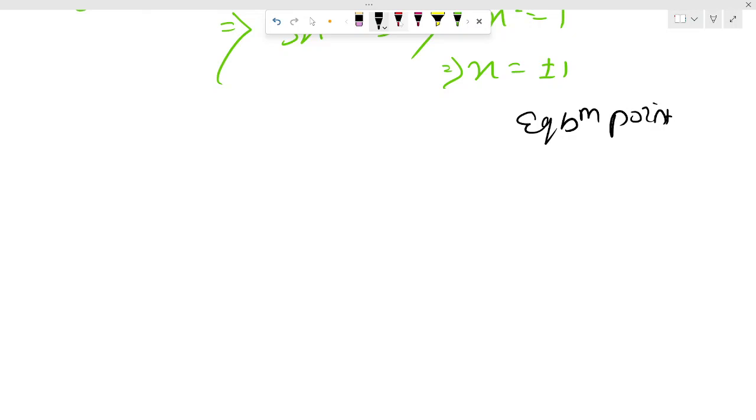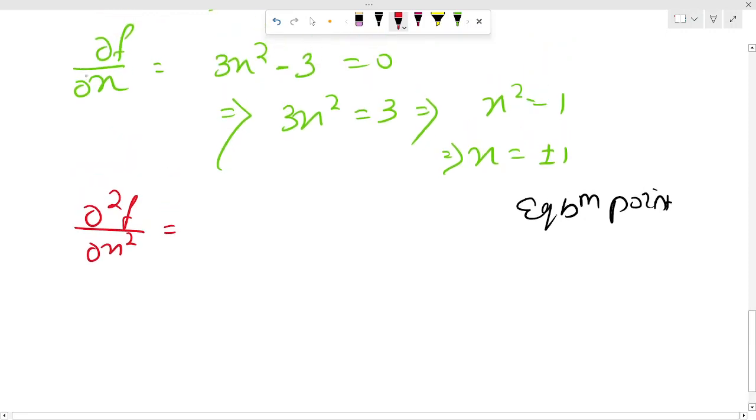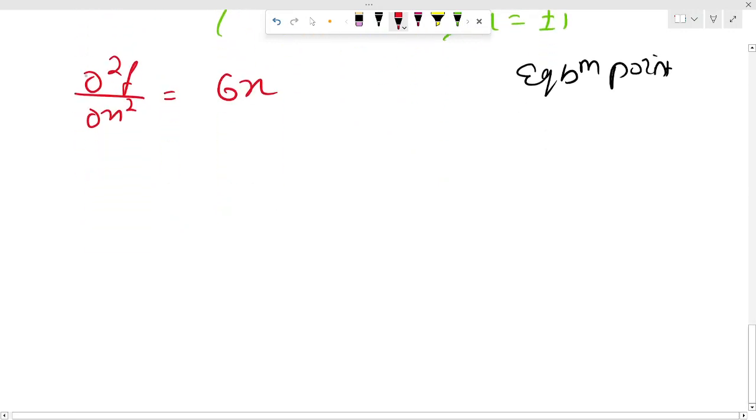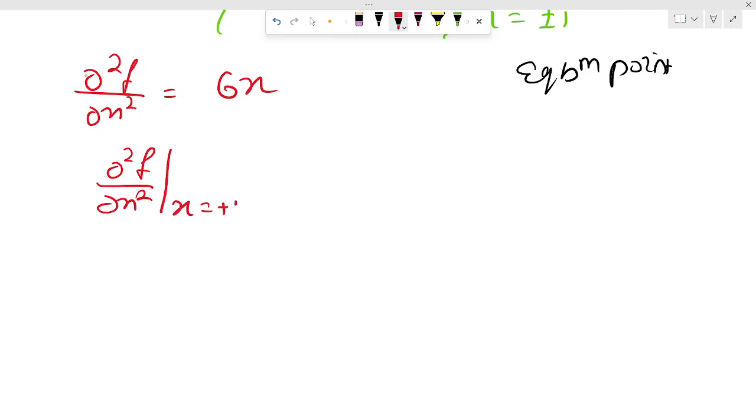Let us calculate the second order derivative. If I have to calculate del square f upon del x square, it becomes del f by del x, which is 3x square minus 3, so it will become 6x. So if I calculate del square f by del x square at x equal to plus 1, it becomes 6 into 1, which is 6,